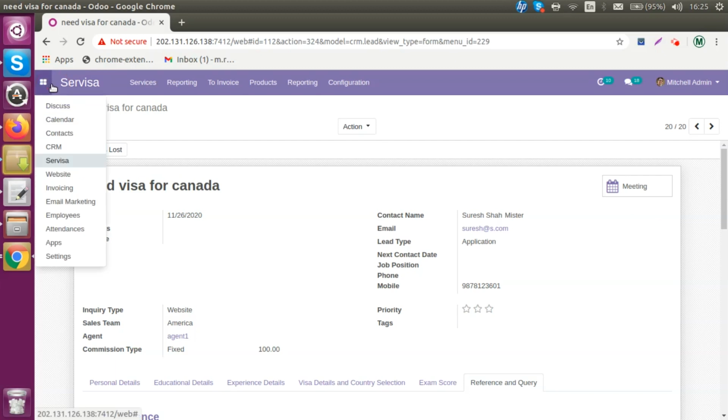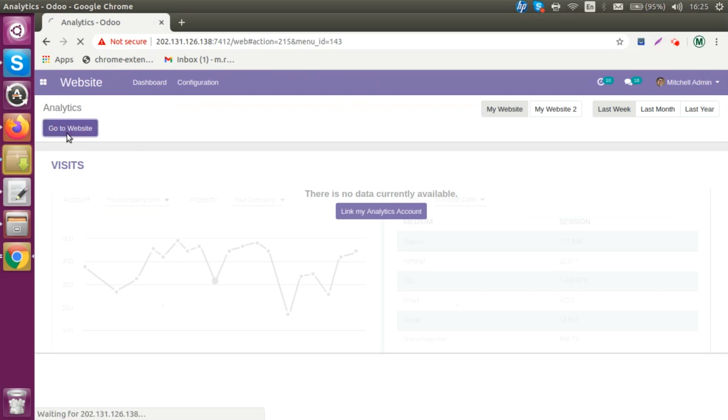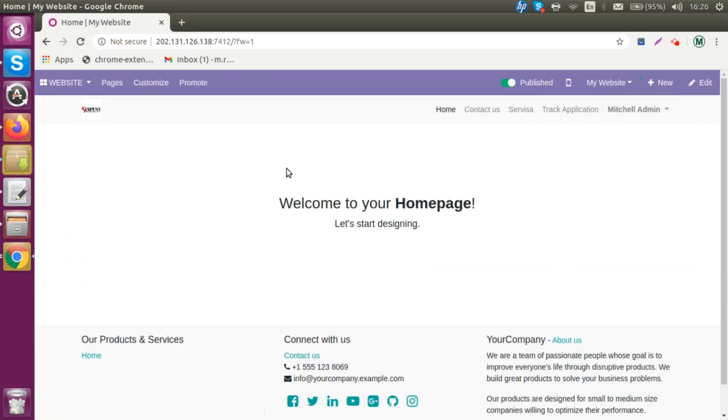Another way to generate a lead is from the website. The applicant can go to your website and fill in this contact us form.